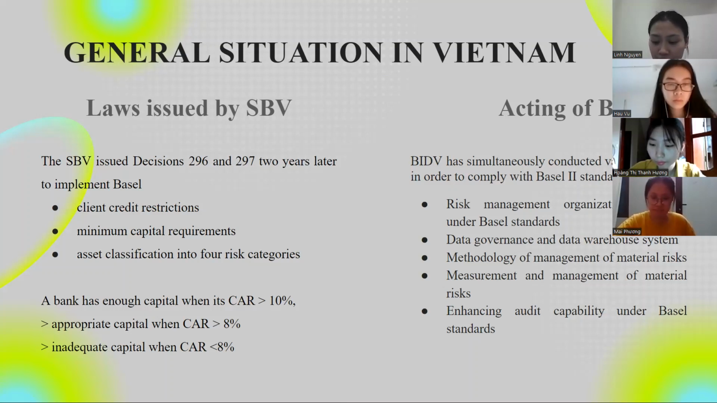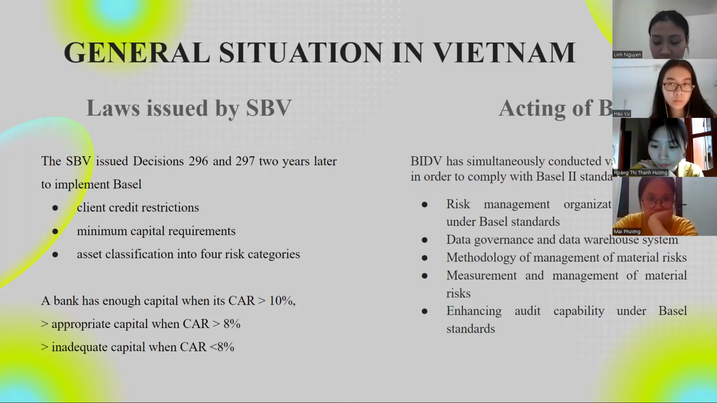BIDV demonstrated strong determination to implement Basel standards. Since 2015, BIDV has engaged a consultant to implement the gap analysis and develop a Basel implementation roadmap. During the period of 2015 to 2019, BIDV has